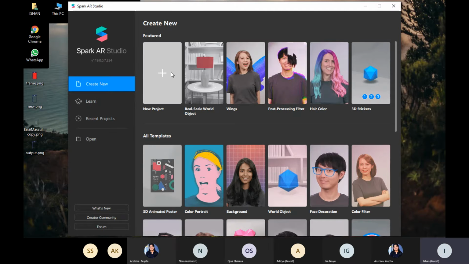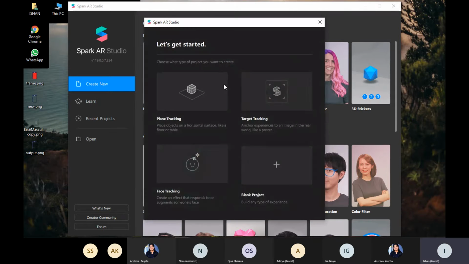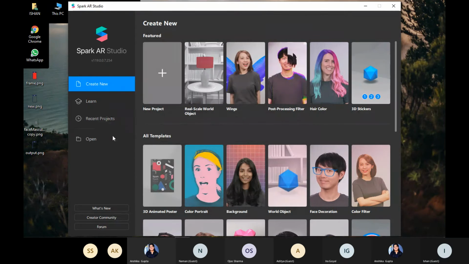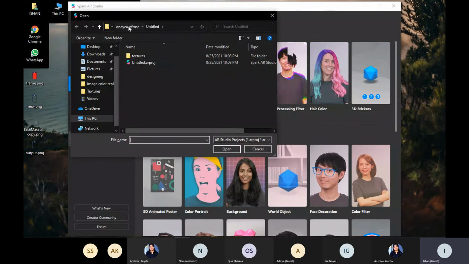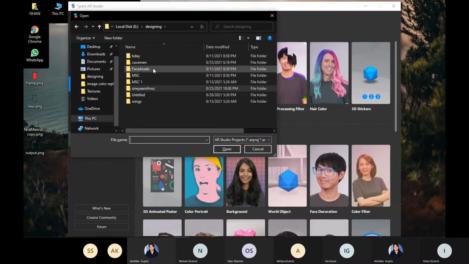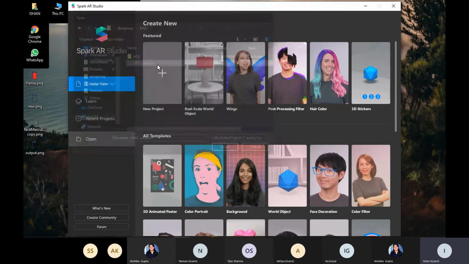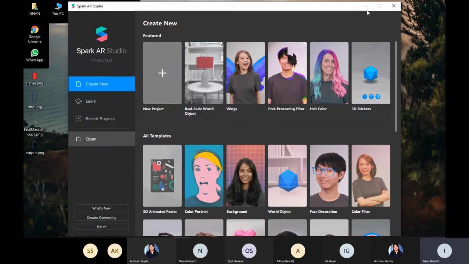So let me show some of the filters which I made previously using Spark AR only. You must have seen this filter of MSc Pilani on the MSc Pilani Instagram page.